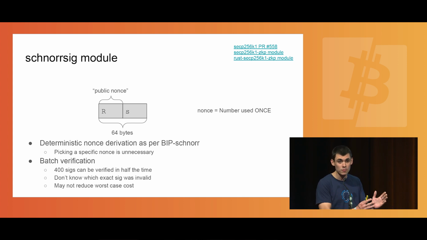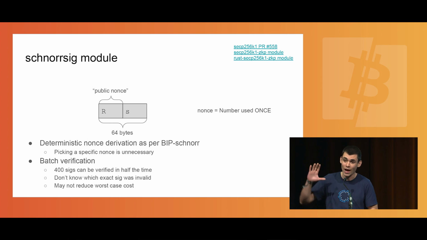This is the same as with ECDSA. Your nonce is generated deterministically from the message, such that you have this guarantee that if you use a different message, you will use a different nonce. So you don't need to do anything. This also means that you never actually have to use a particular nonce. So for example, in a discrete log contract or in single-show signatures where you have to commit to a specific nonce, you just sign twice or multiple times because you will always be using the same nonce.